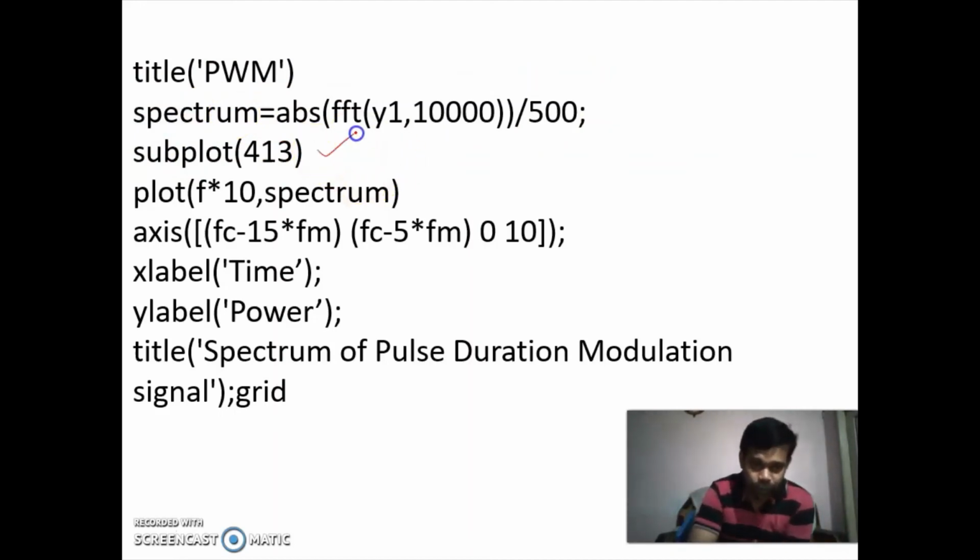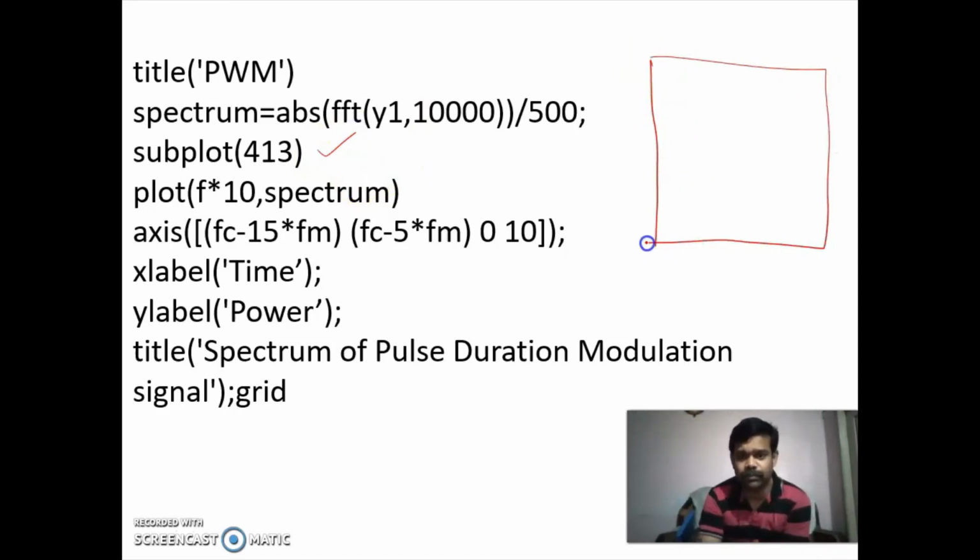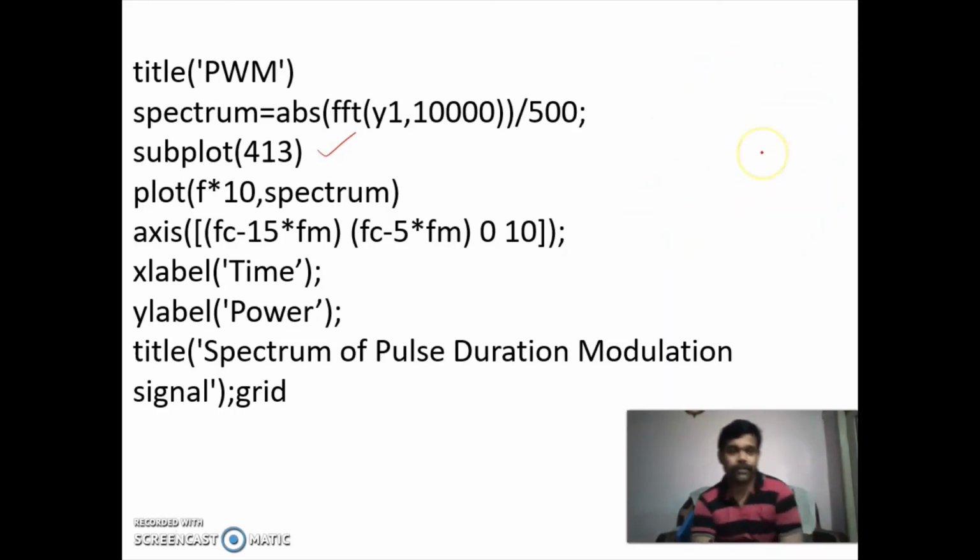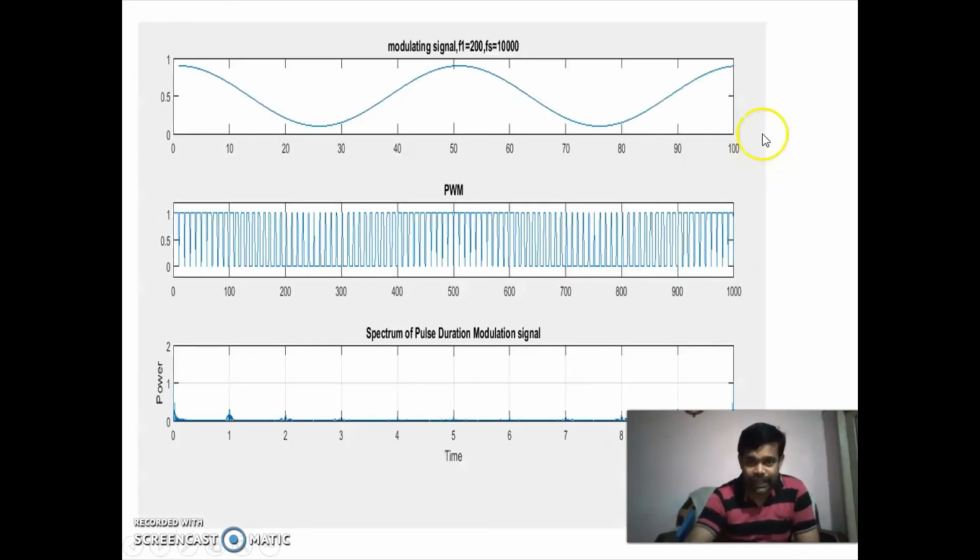So subplot 413. Actually you are drawing three things: the modulating signal, then directly the pulse width modulated signal, and the spectrum. You're not drawing the carrier here.